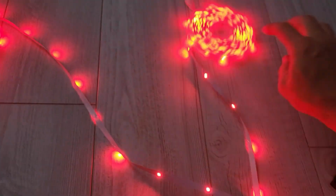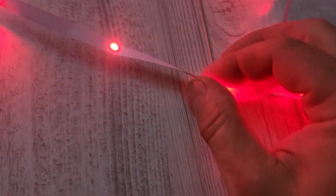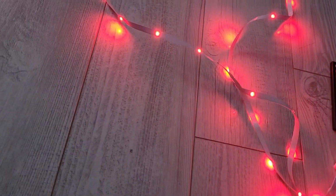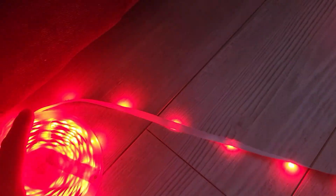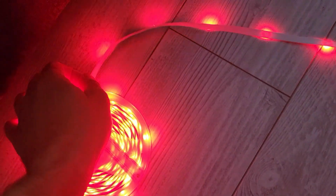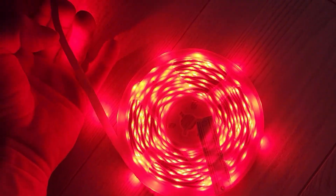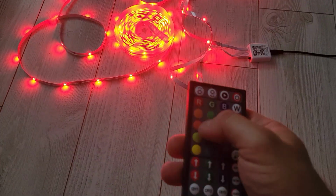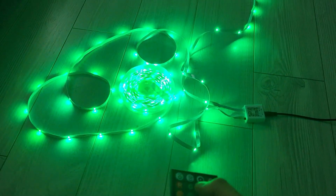Now it's daytime right now. These are spaced 3 inches apart. In terms of a fall off, I'm going to show you, but the higher up you are from the surface that it's shining down on, the more of a smoother fall off you're going to get. See? Well, let's look at the remote here. So green, whoa, that's bright. Blue,